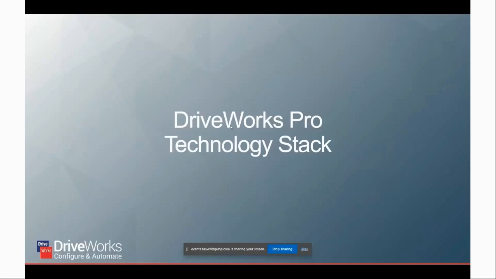So one of the things we talk about a lot when we're talking about the functionality of DriveWorks Pro and what is available is our technology stack. Our technology stack is essentially the 7 areas that make up DriveWorks technology. This might not cover every single tiny little thing that you can do, but it goes pretty much all of the way there. And we actually have some technology stack demonstrations that are online and publicly available,